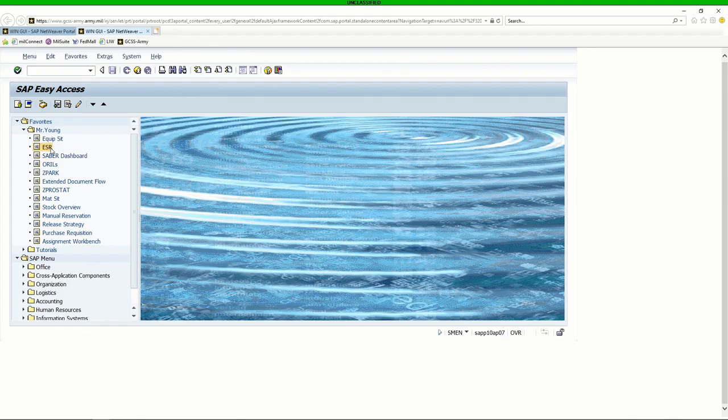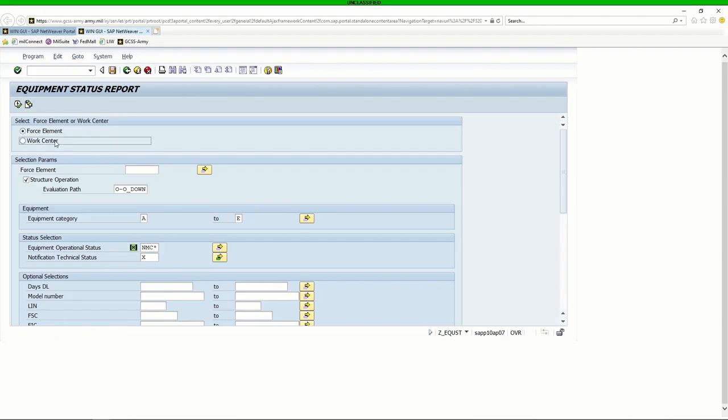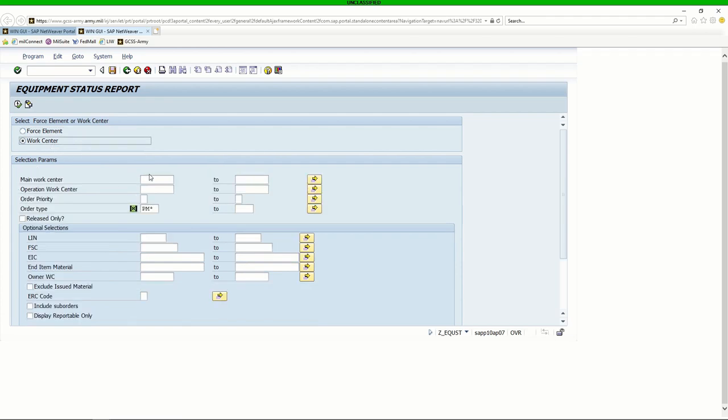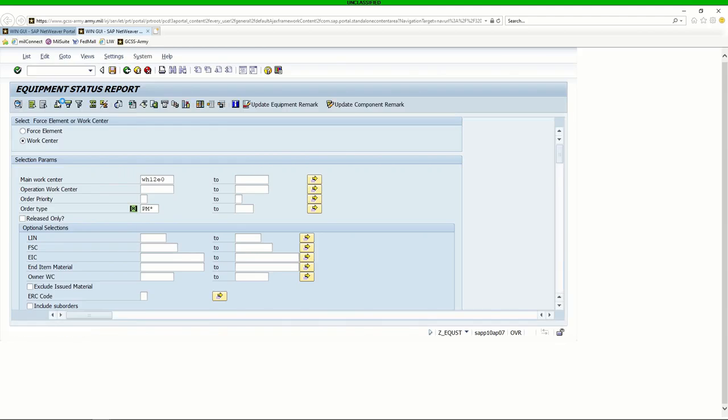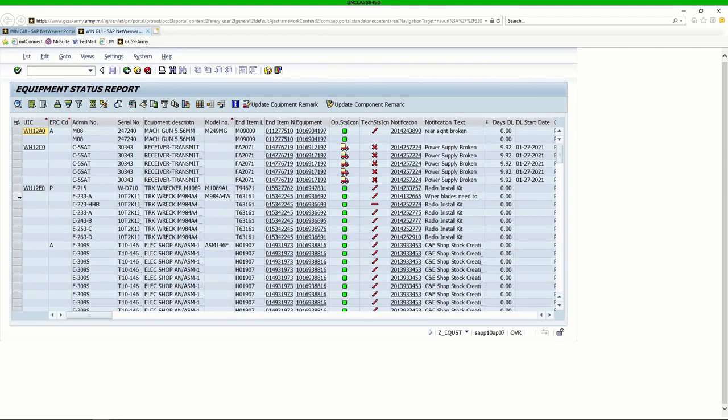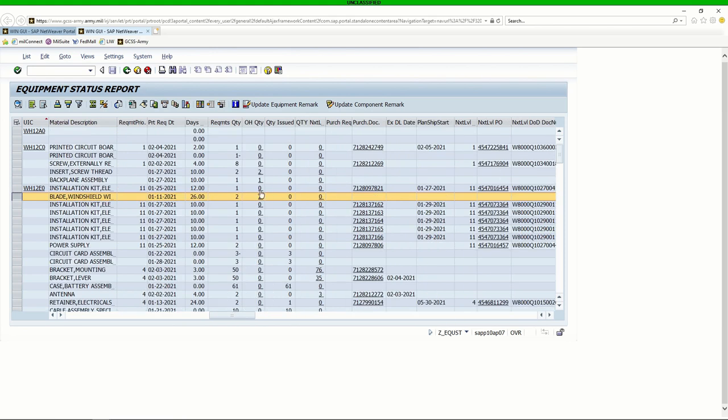Now the way to see this is I'm going to go into the ESR. I'm pulling it by the work center because this is a non-deadlining fault. So I'm going to walk you through how you can see it, a good way to visually see that it has been done. So I'm going to highlight the work order, and then I'm going to go over. As you can see, I have those 2 items on hand, but they're no longer issued. So we'll go back into